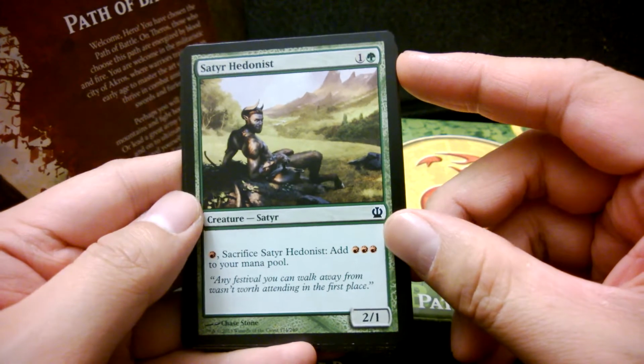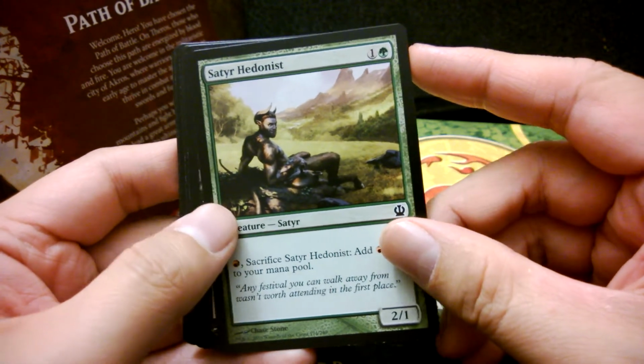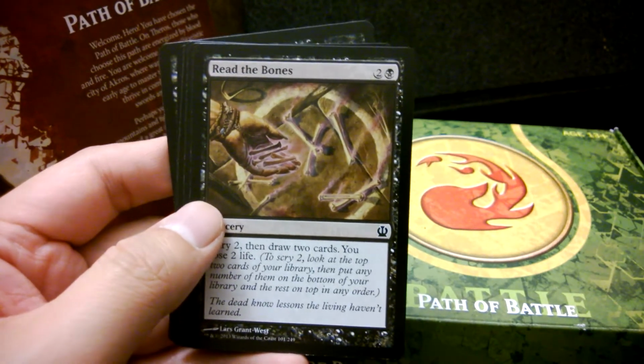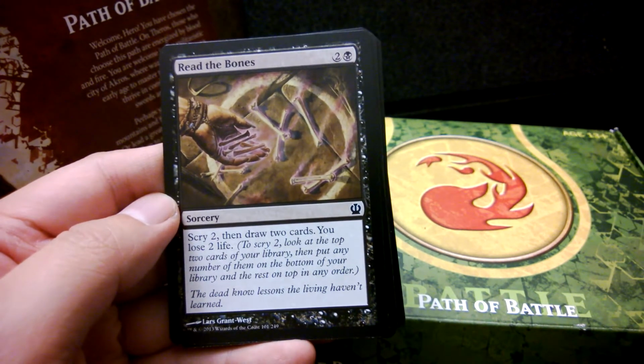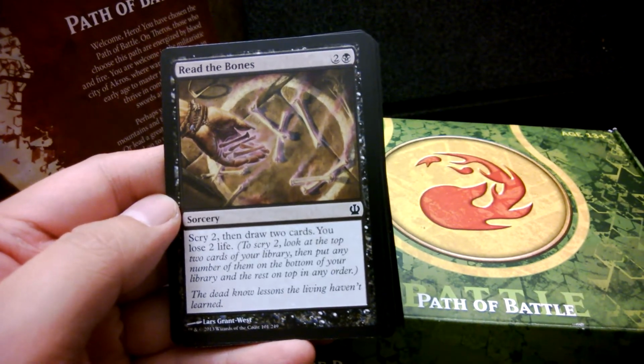However, if you are doing really purely red-green, and you've got good green and good red, you will actually do very nicely. Read the Bones. I like this. 3 to cast, you scry 2, then you draw 2 cards, then you lose 2 life. I think that's a little